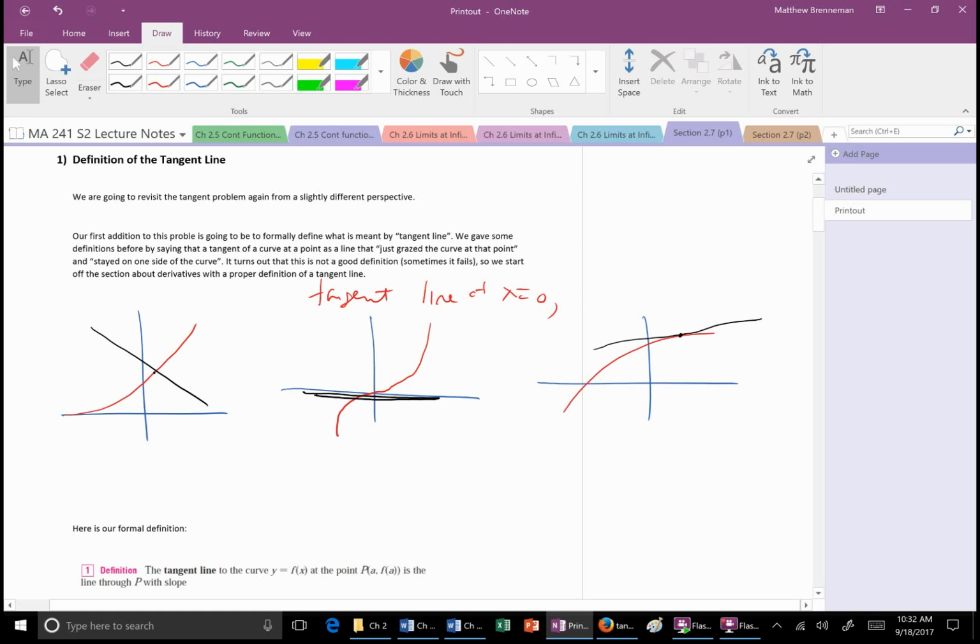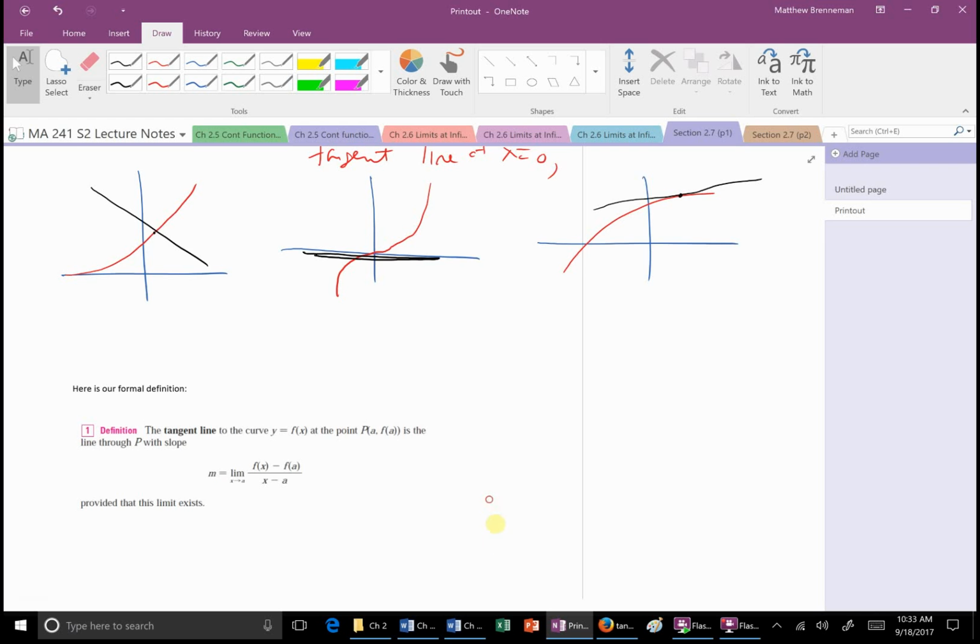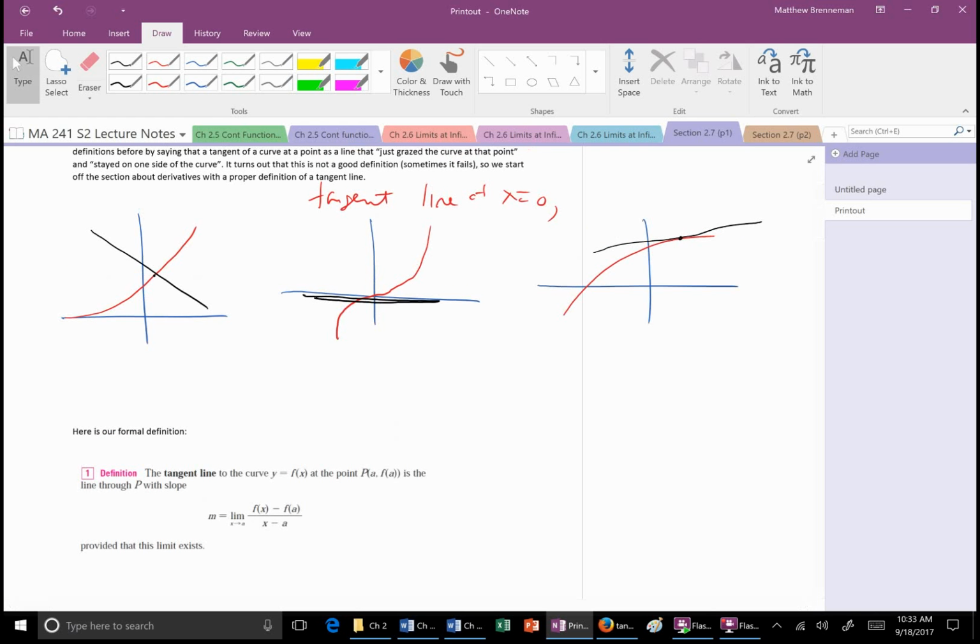In mathematics, we say that this is what we call well-defined. In other words, it's a definition that doesn't work just in certain cases, but works in every case. Touching and staying on one side works for this one, but it doesn't work on this one. If we really want to define what a tangent line is unambiguously, so people can't argue with us, we need a general definition. So here's what we're going to say. We're going to say a tangent line